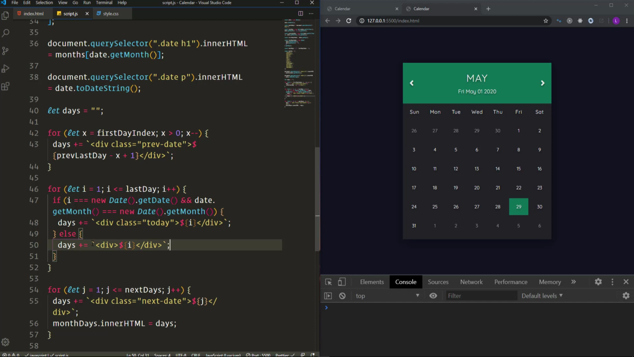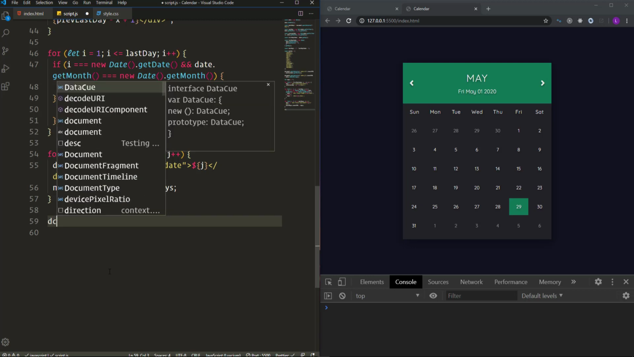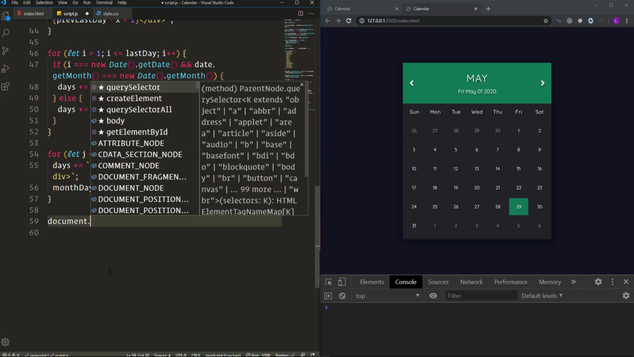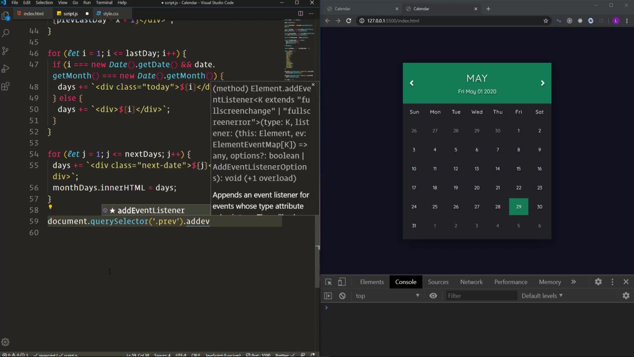Alright, so the next thing that I'm going to do is to make the arrows work. Once we click the left arrow, we should navigate to the previous month. As for the right arrow, we should move to the next month. I'm going to attach to both arrows event listeners with click events. So I'm going to select the left arrow with querySelector method. Then attach to it an event listener,